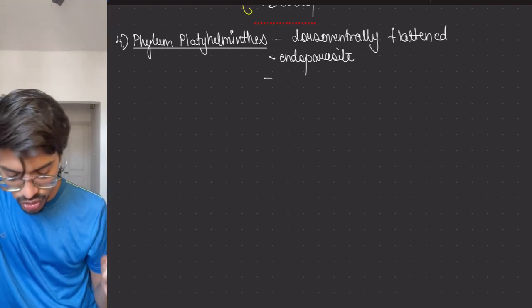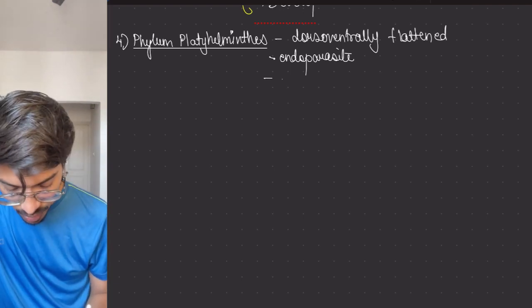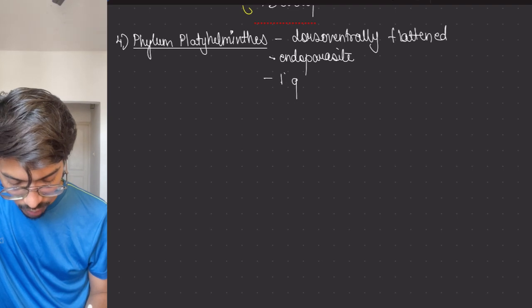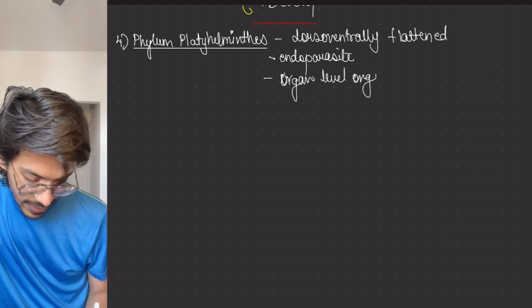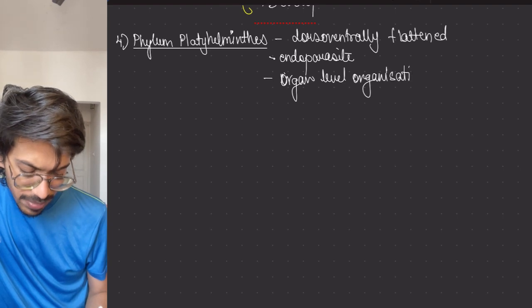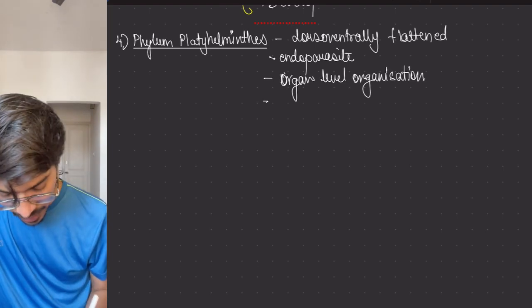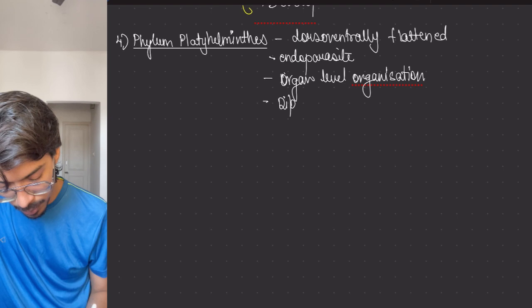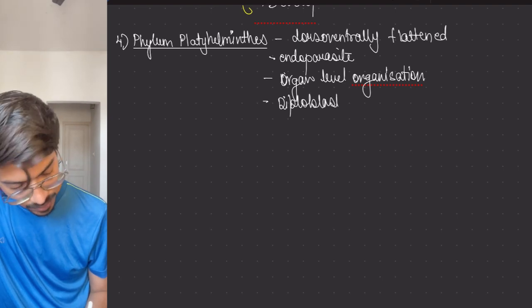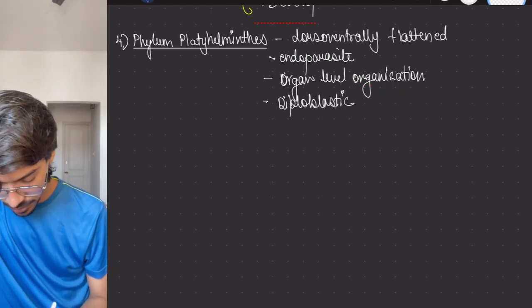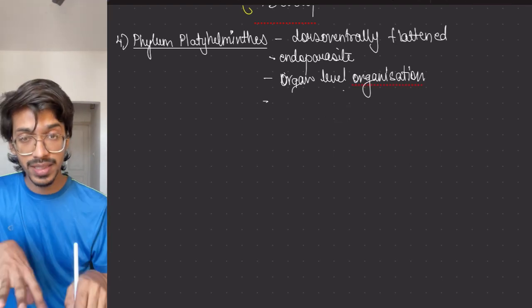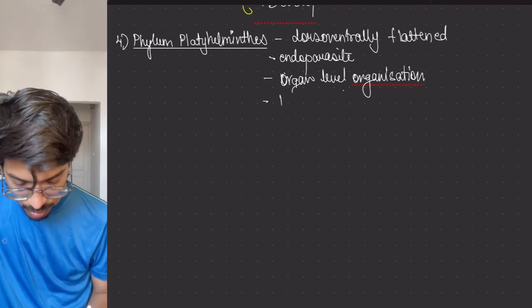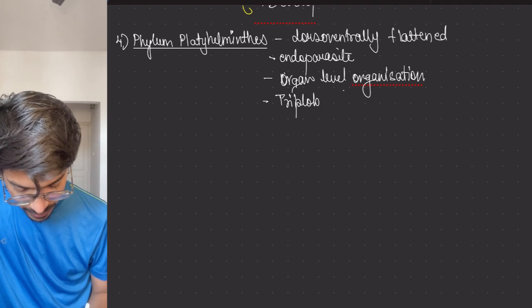What were the basic features? They have an organ level of organization. So something different from the previous one. Then they are also triploblastic, because organs are there, so some space is needed for organs to be present. So they are triploblastic,